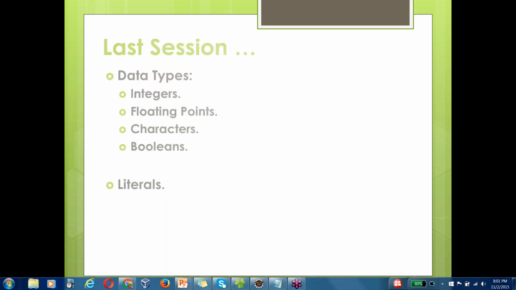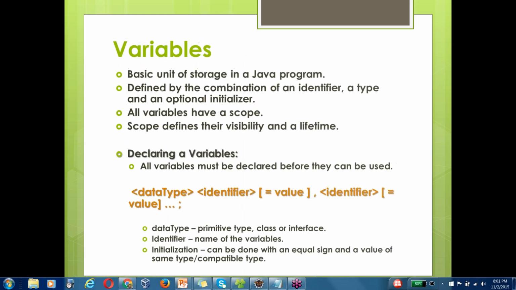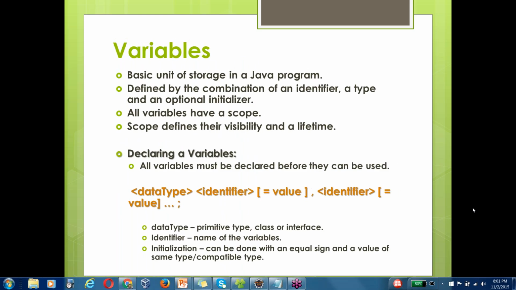Okay, so let's get started with variables. We know that variables are used for storing data, right? They are basically the basic unit of storage, because using those variables we can access the data that we have stored in our memory locations. That is our storage. Those are defined or declared using the combination of an identifier, a data type, and an